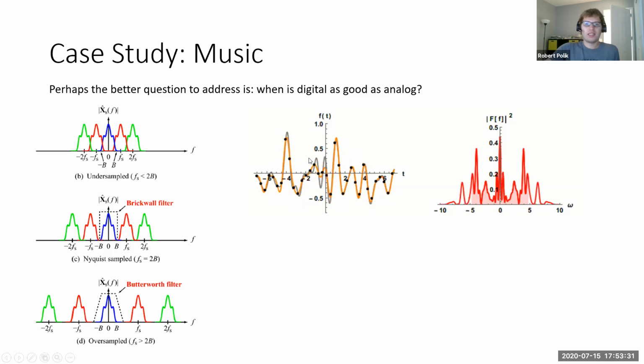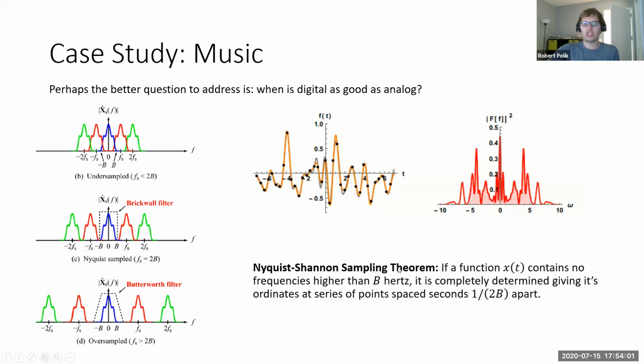And if you want to see what's actually going on in the time domain, I pulled this animation from Wikipedia. And so what you're seeing is it's slowly pulling in more and more frequency. And as you get more and more frequency, it's getting closer to mimicking the curve. And when you get all the way to omega equals 10, you have captured this whole frequency curve. So even if you go further and further, you have exactly replicated this with your digital or almost digital signal. And so this is the Nyquist-Shannon sampling theorem.